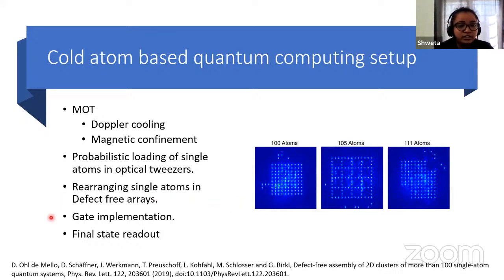And then after that we will be implementing the gates which we require to complete a circuit, so how we can implement those gates using those neutral atoms. And after that there is one thing left, the final state readout: how we measure the states of the atoms, in which state they are present, by using cameras. So this is the basic overview of the entire setup, how we can achieve those results and how we can implement those circuits in our experimental setup. I'll be discussing some of these things in somewhat more detail in the next slides.